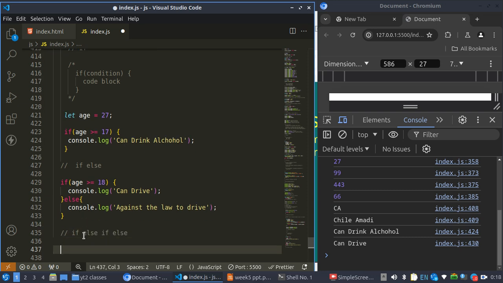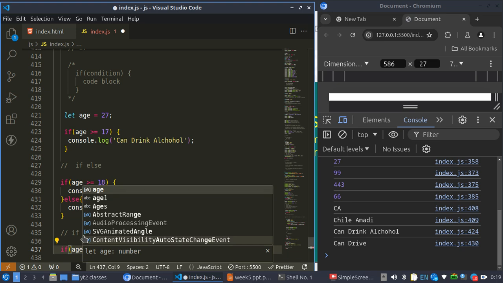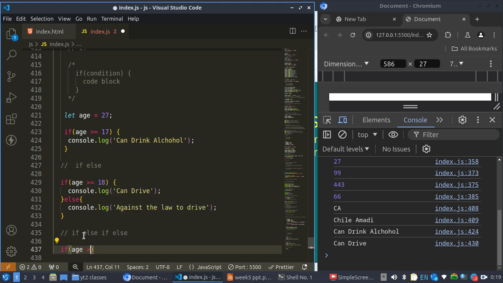So let's say the age is 27. So we say if age is greater than or equal to